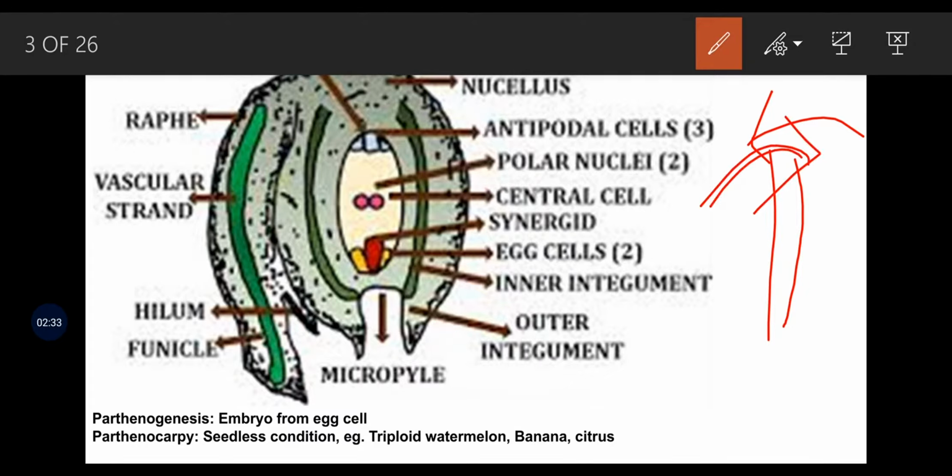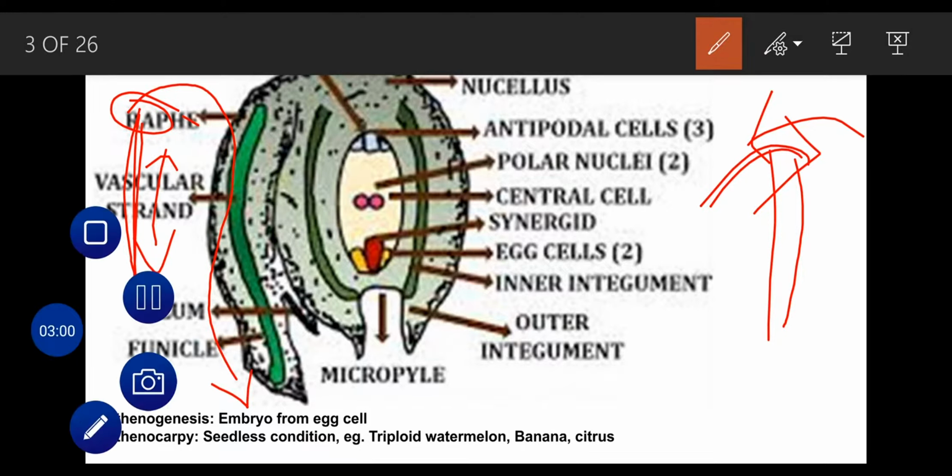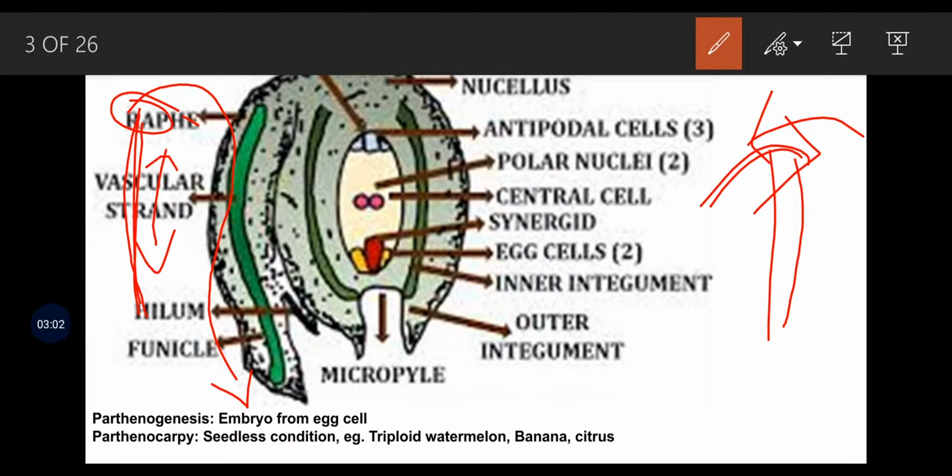Whether it is self-pollination or cross-pollination, when we talk about the anther portion, we will find the anther and filament, that is the male reproductive part. Whenever fertilization has to happen, from the anther one cell, or we may say the male gamete, will enter here and travel towards the micropylar end or chalazal end,